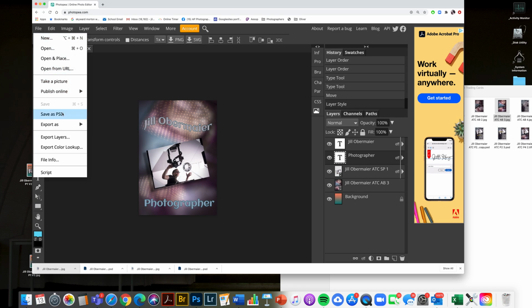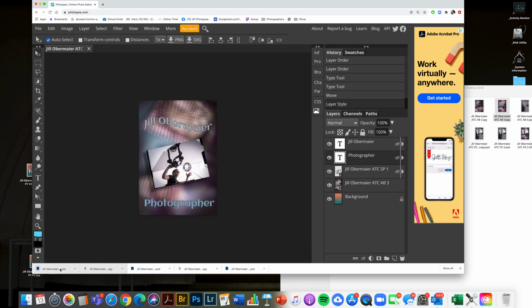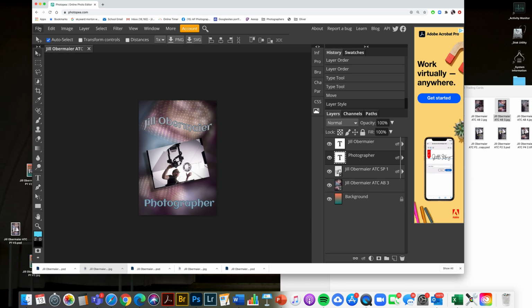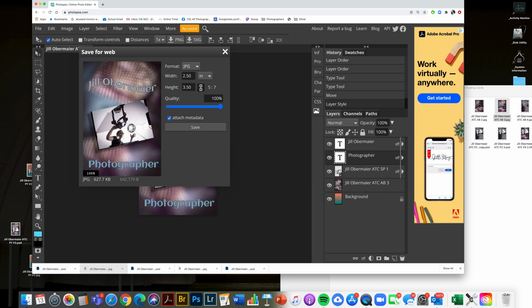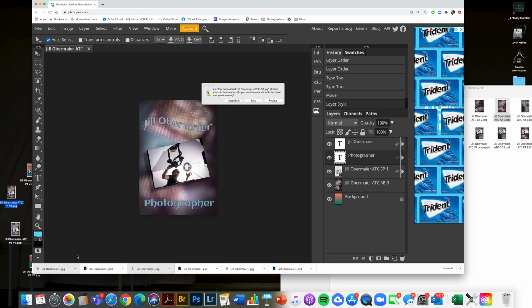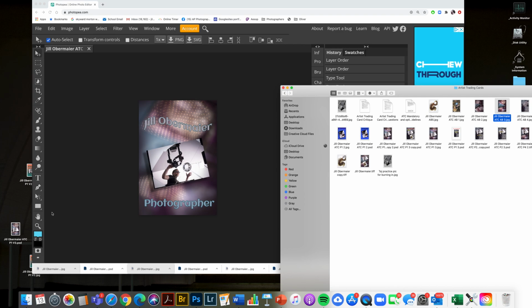Again, I'm going to save it as a PSD, drag it onto the desktop, keep both, change the name to version 3. Okay, and save it as export as JPEG, JPG. Keep both, drag it onto the desktop, keep both, and rename it as version 3. Okay. All right, now the last step